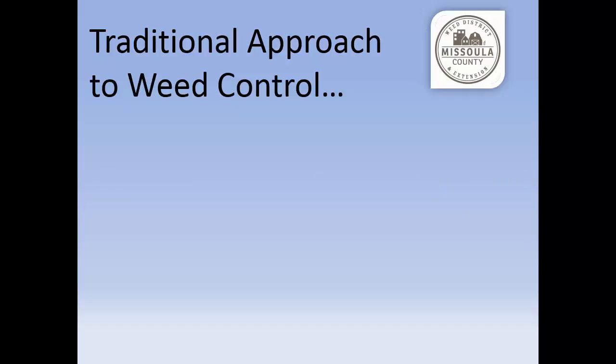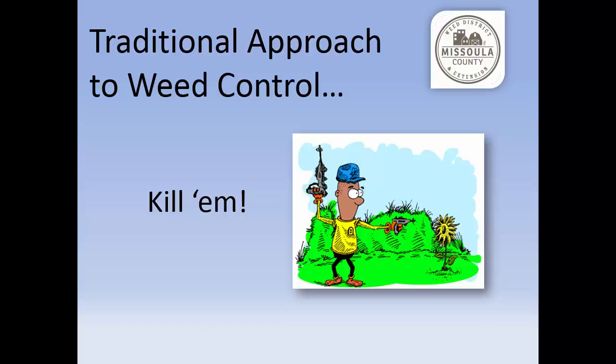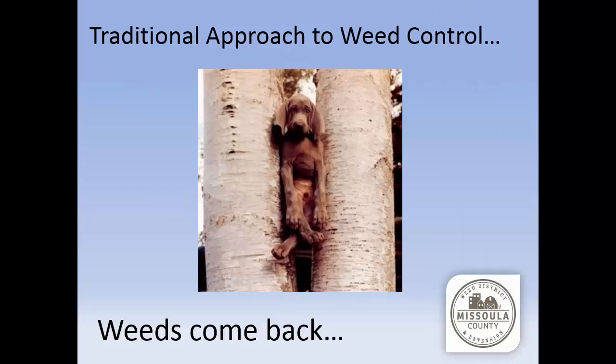Okay, so let's talk about what our traditional approach to weed control is. What do we do when we identify we have a weed, a problem weed? Spray. Spray it, what else? Cut it. Mechanical. Yeah, basically, we want to kill it, right? That's what we think. We can't stop thinking about it, and all we can think about is killing it, right? That's traditionally what we do. And then what happens after we kill it? Grows back. That's right. The weed comes back, doesn't it?